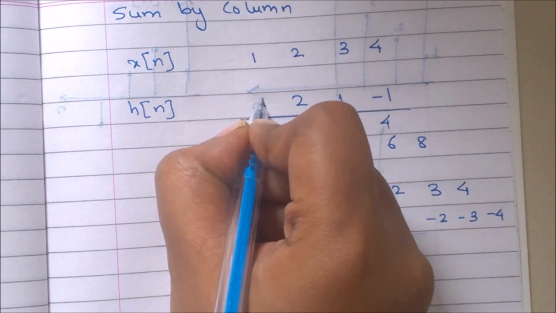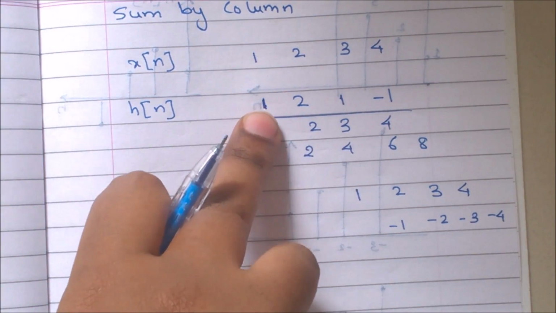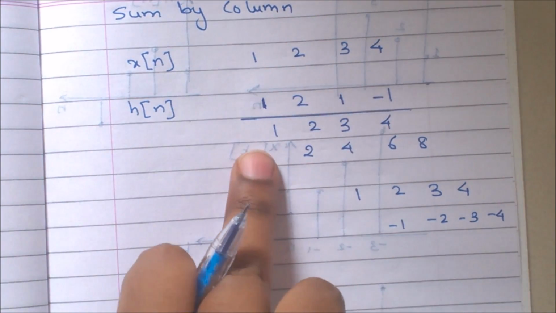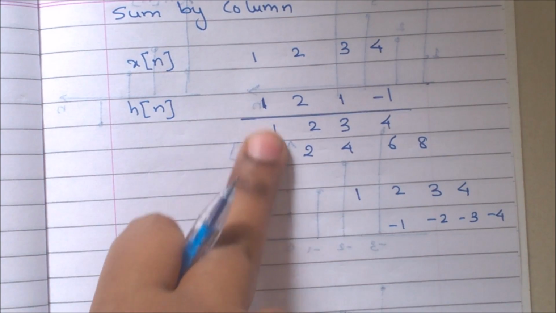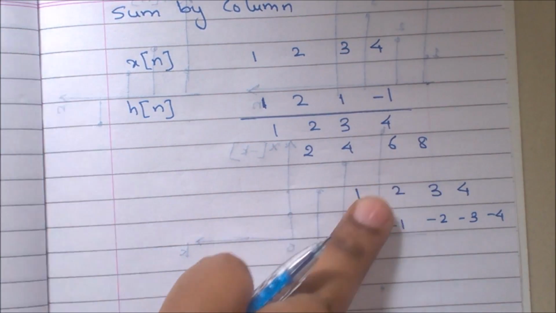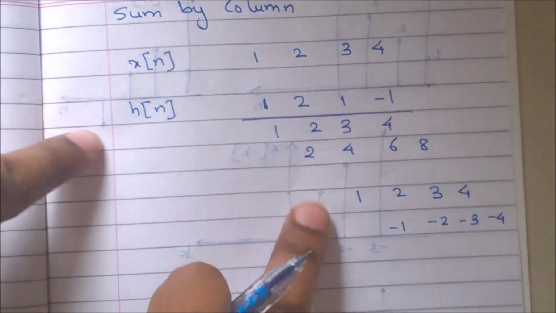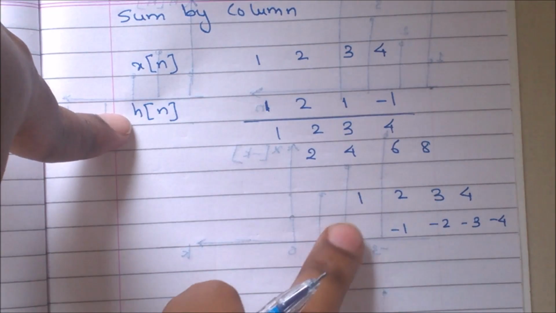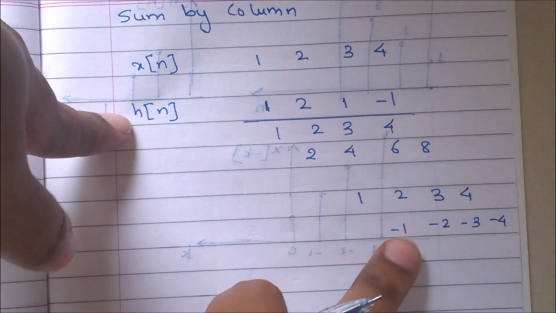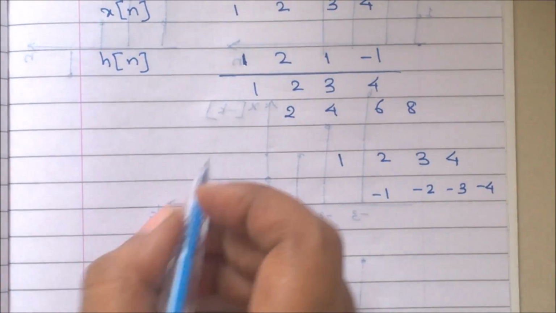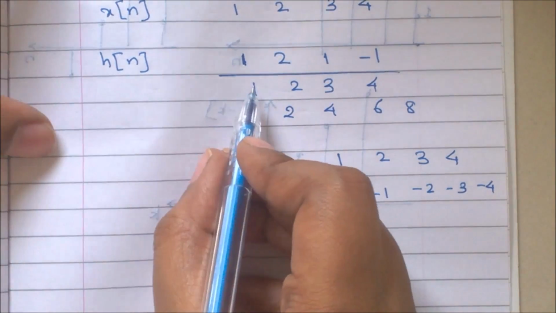So first we will be multiplying 1, that is the first value of h of n, by all the values of x of n and we will be writing it in the first row, that is 1 multiplied by 1, 2, 3, 4. So 1, 2, 3 and 4. Now the next one will be 2 multiplied by 1, 2, 3 and 4, that is 2, 4, 6, 8. Similarly 1, 2, 3, 4 and minus 1, minus 2, minus 3 and minus 4. Now the next step we will be performing is,